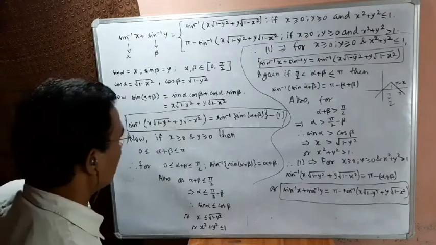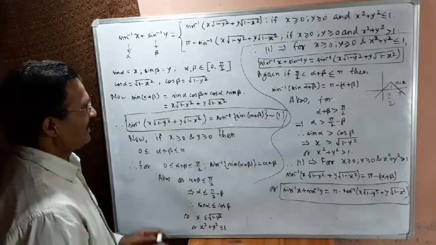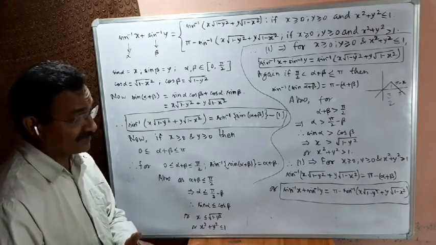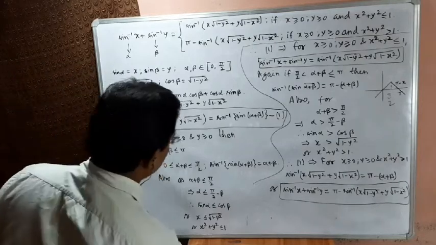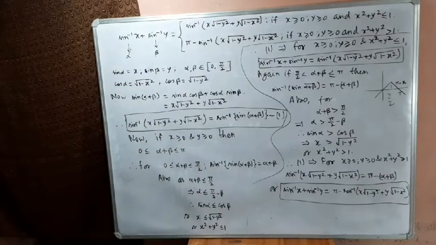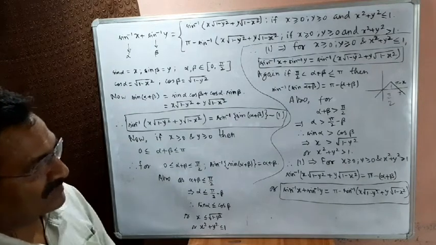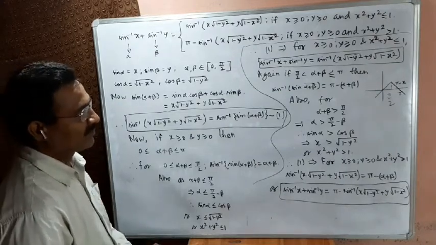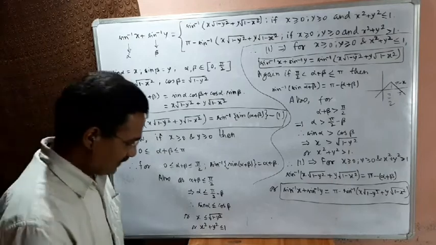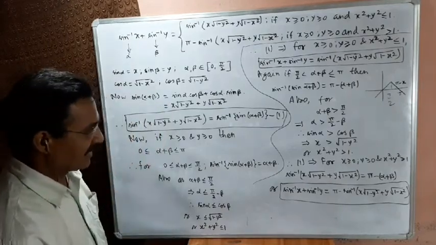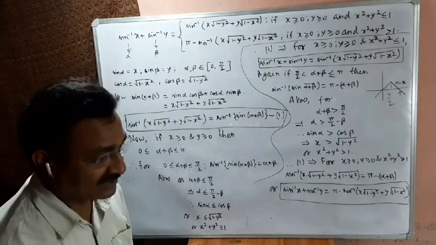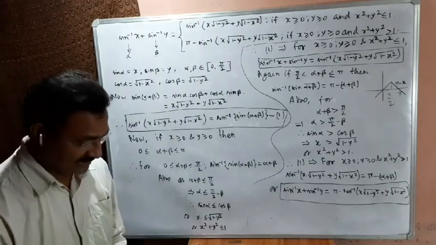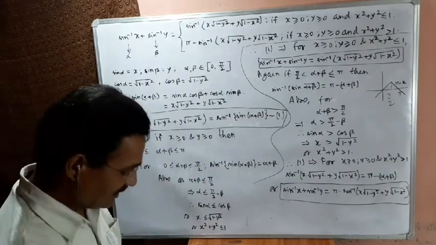Therefore we should be well acquainted with tan inverse x plus tan inverse y formula and tan inverse x minus tan inverse y formula. Okay, in the next video I will deal with some problems only. You should try some formulas also, like multiple angle formulas. It means 2 sin inverse x equals, 2 tan inverse x equals, 3 tan inverse x equals, 3 sin inverse x equals. I will see some problems in the next video.